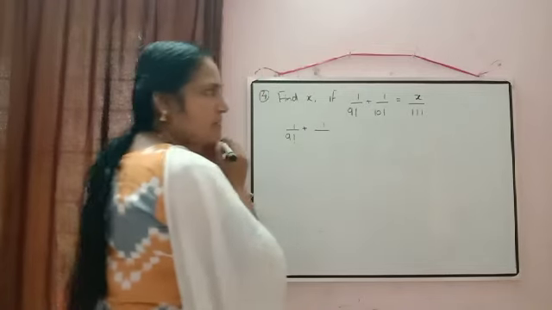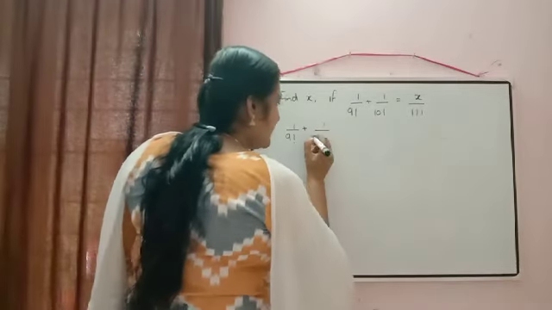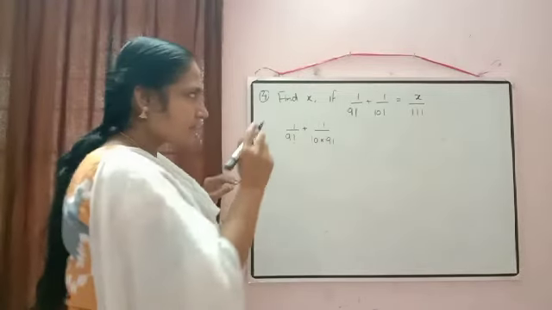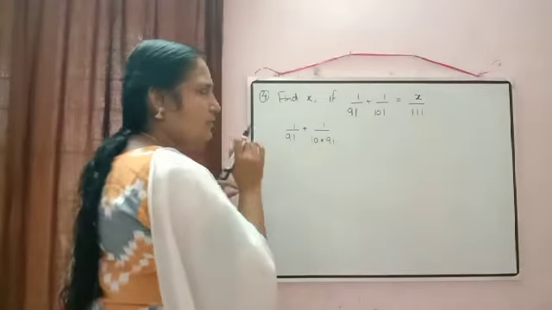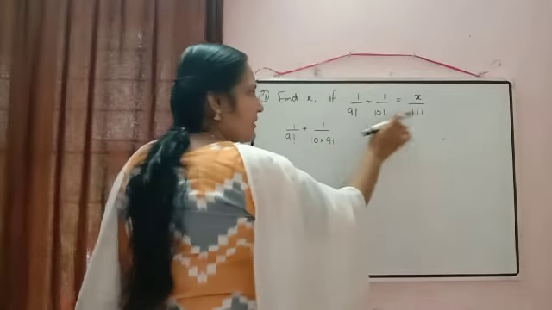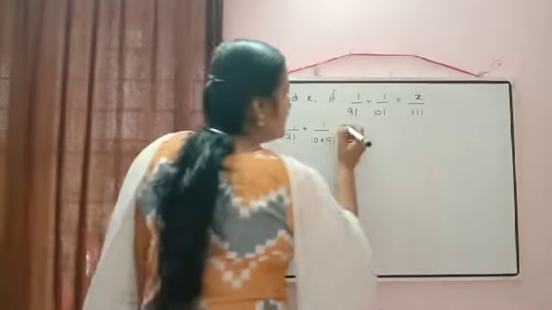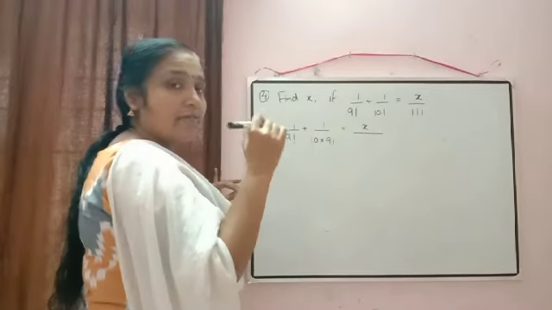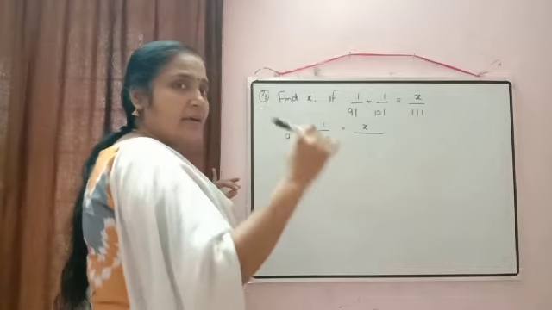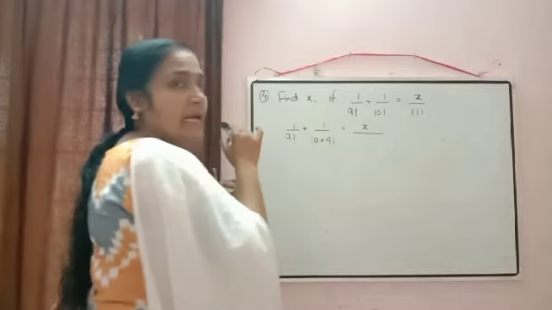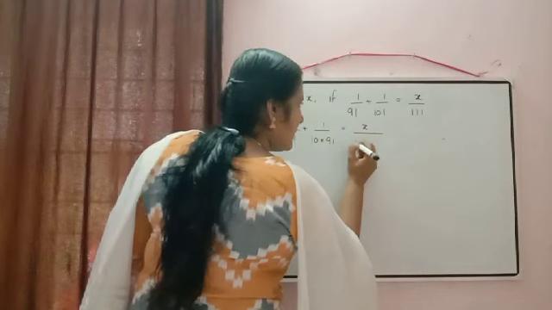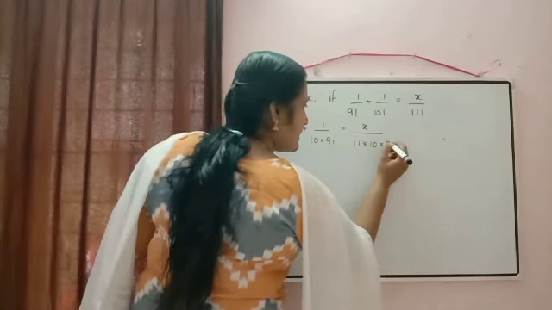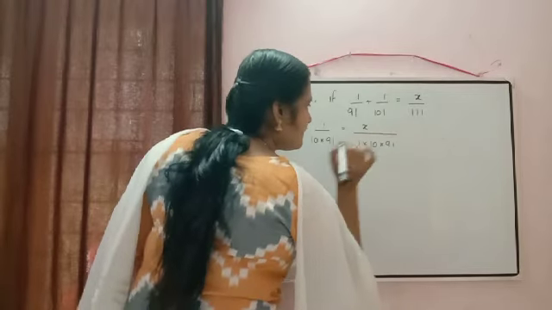How can we rewrite 1 by 10 factorial? It can be written as 10 into 9 factorial. I wrote 10 into 9 factorial because the smallest number we have here is 9. In the same way, how can we rewrite x by 11 factorial? You have to use the property in such a way that you stop when you get 9 factorial. So first it will come 11 into, the next number is 10 into, what will be the next number? That will be equal to 9 factorial.